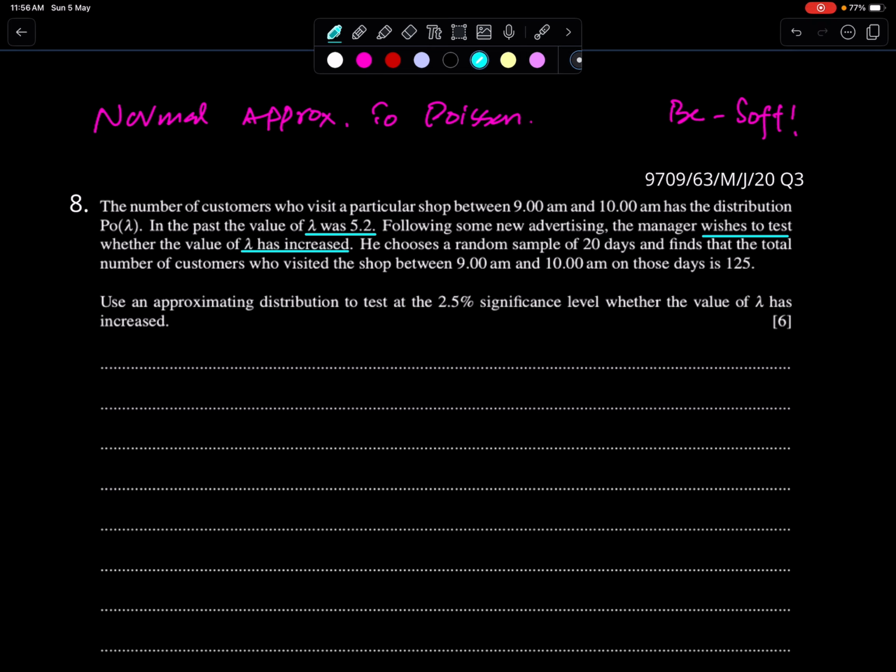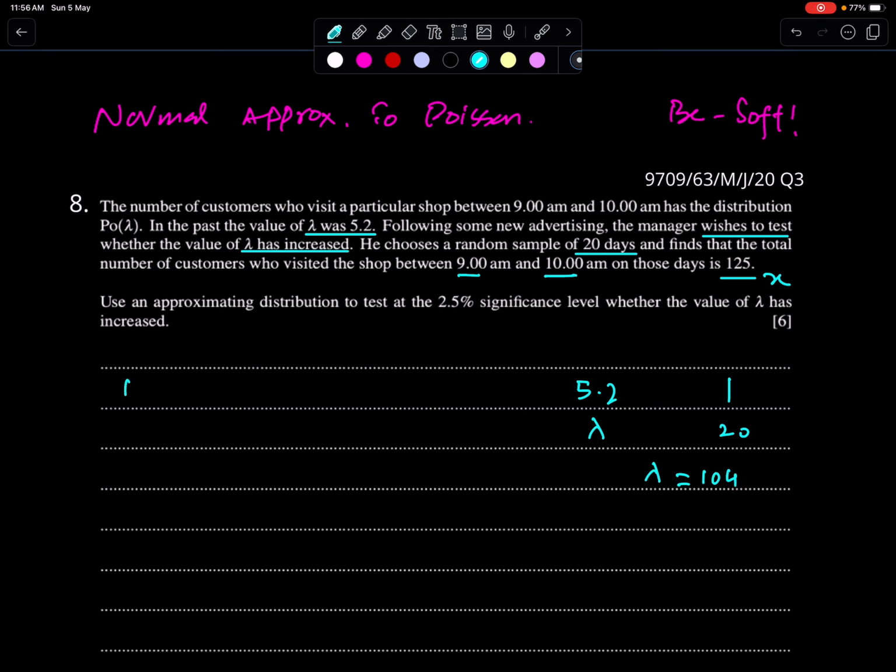He chooses a random sample of 20 days and finds that the total number of customers who visited the shop between 9 a.m. and 10 a.m. on those days is 125. This is the test value. 20 is for lambda. So 5.2 is for 1 day, and for 20 days it's lambda. So lambda is 104,